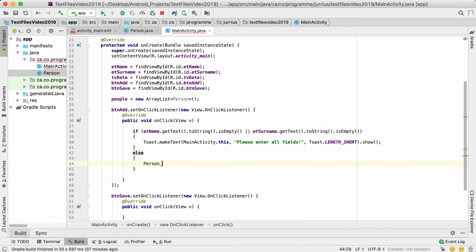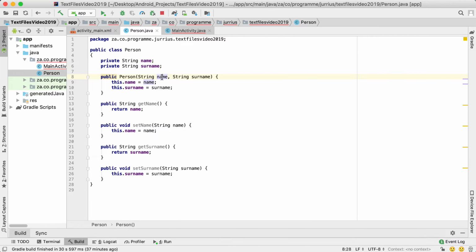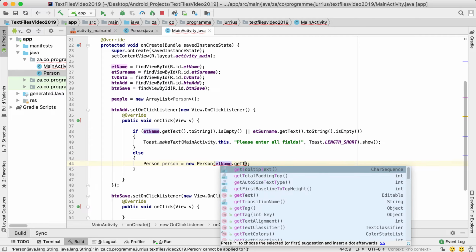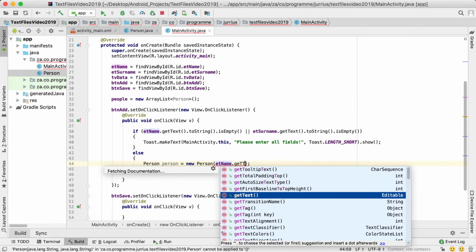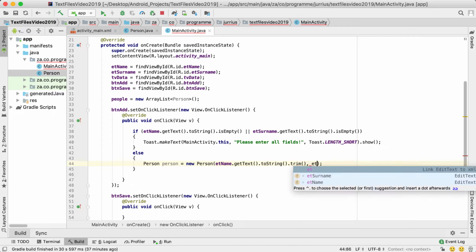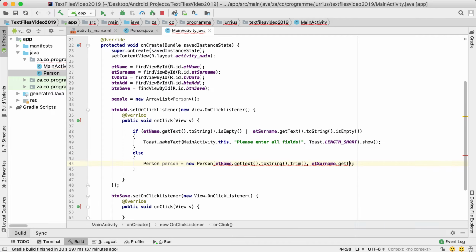So we can say person equals new Person. Now if you look at the constructor that we have in the Person class, we need to pass in the name and then the surname. So where will we get the name? Well, that we'll get from etName.getText().toString(), and remember you can use the trim method. And then the second argument will be from etSurname.getText()